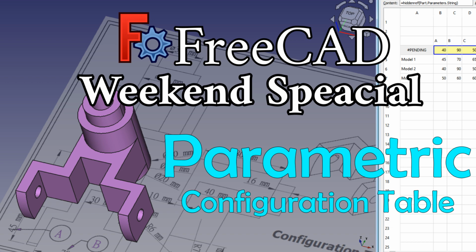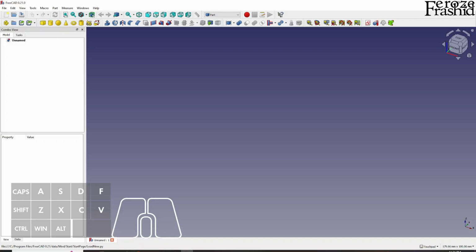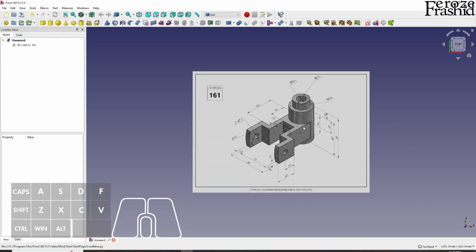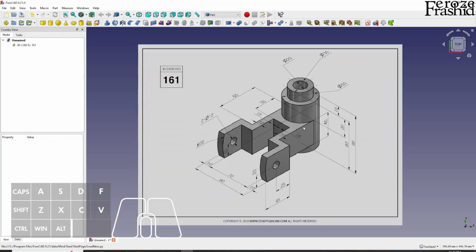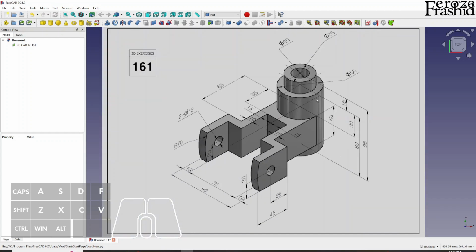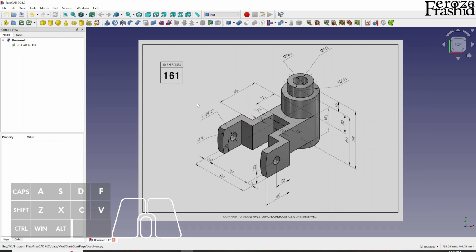My friends, I want to welcome you to today's weekend special, this model. Now, this model was downloaded from studycadcam.com, 3D exercise number 161. It didn't come with any standard views, so I created the standard views